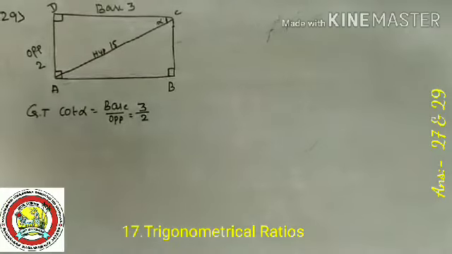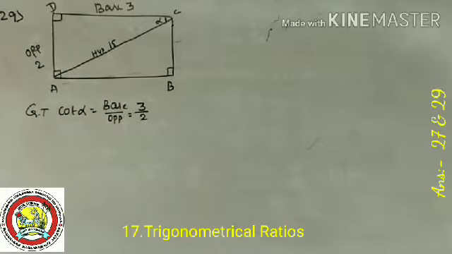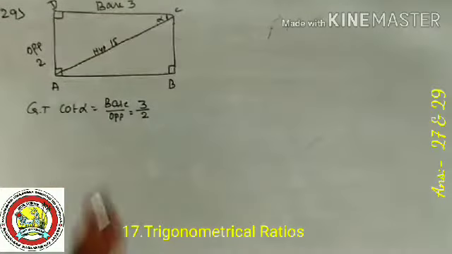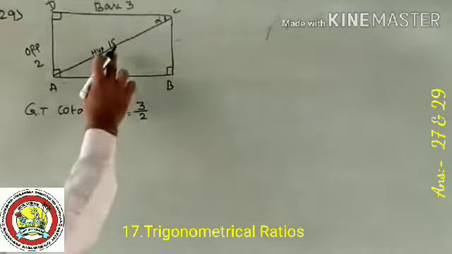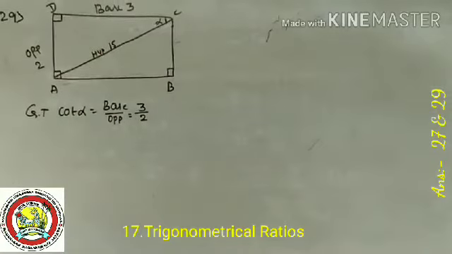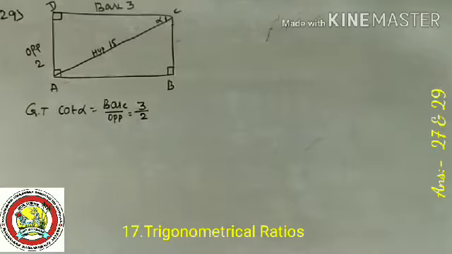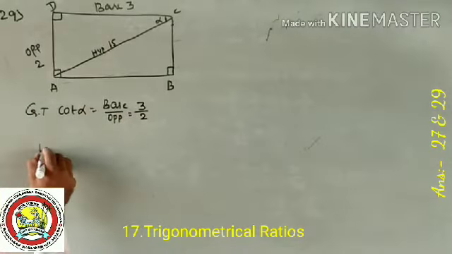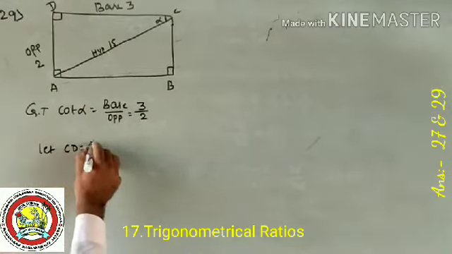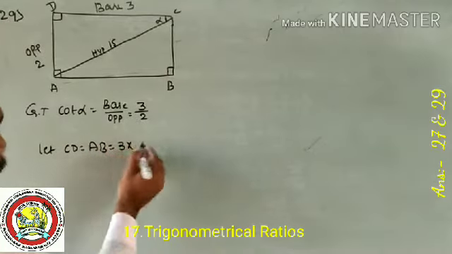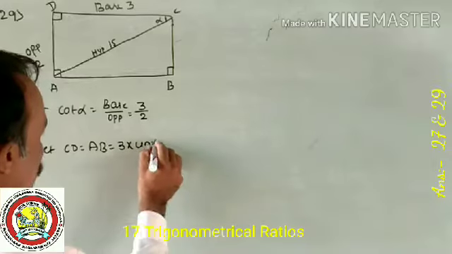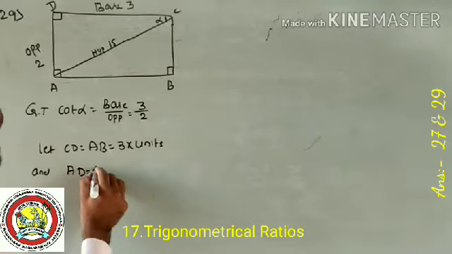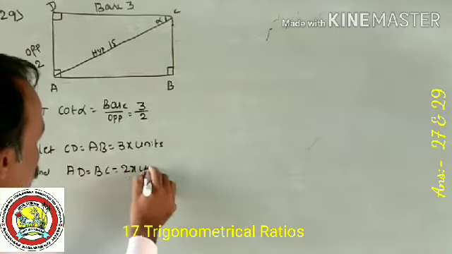Before going to apply Pythagoras theorem, first you observe here square on the hypotenuse. So AC square is equal to AD square plus CD square. What is the value of CD square? 3 square 9 plus 2 square 4. 9 plus 4 is equal to 13. But what they given, that is 15. So Pythagoras theorem does not hold good. So what you have to do now? 3 means as 3x we consider here. Here 2x. Let CD is equal to AB is equal to say 3x units, and AD is equal to opposite to this, that is BC is equal to say 2x units.